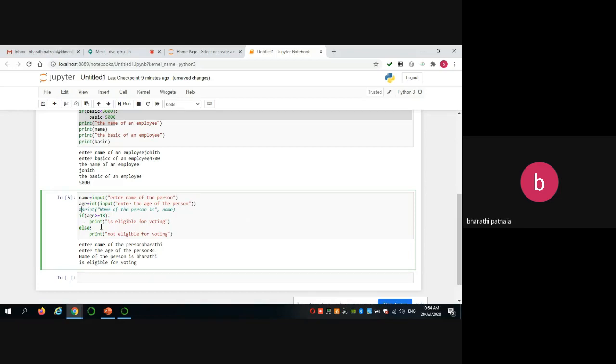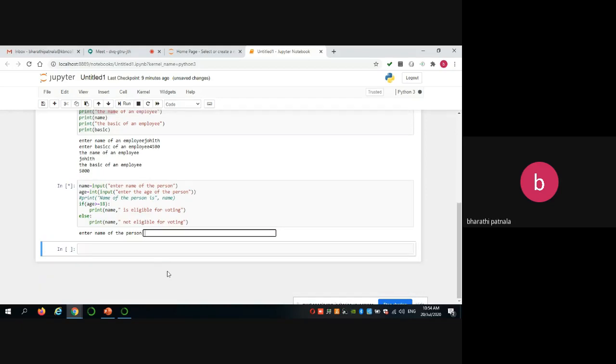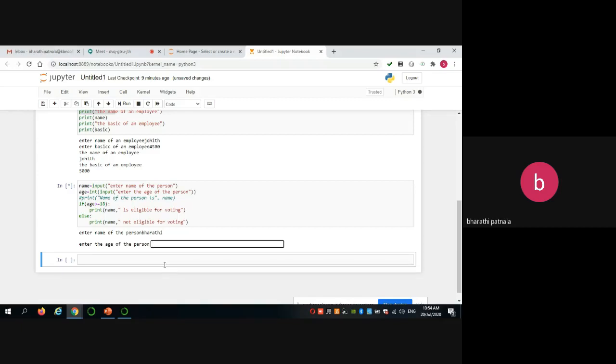Here also you can give Bharati and the age is. So Bharati is eligible for voting.